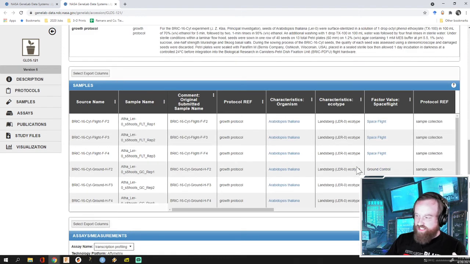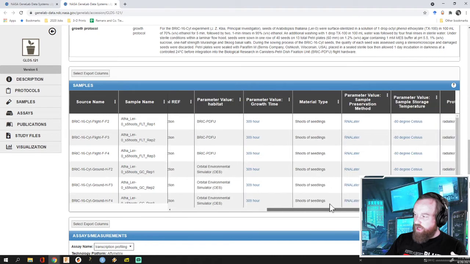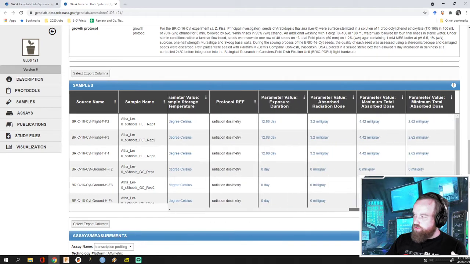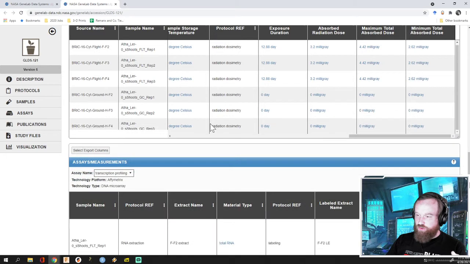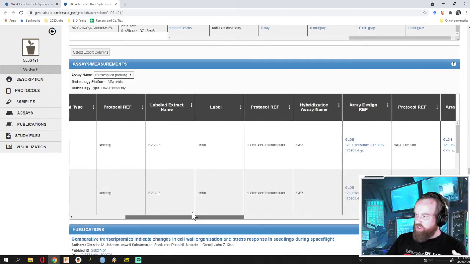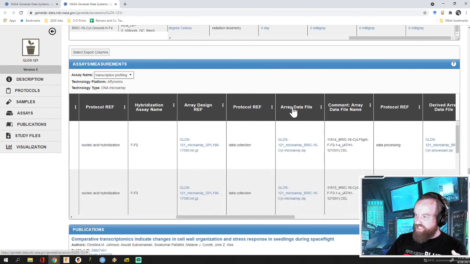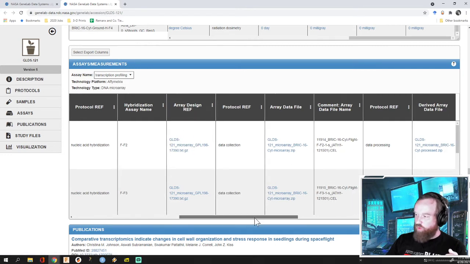Okay, so now we come down here to samples. As you can see, we have 6 different samples. We have 3 that are flight, and we have 3 that are ground. And if we go over, actually, we're going to go down to this next one here. If you go over, we have this array data file, this array design. So these are showing what the actual